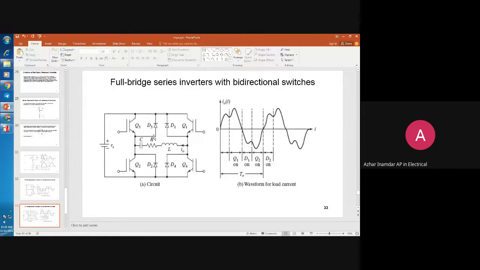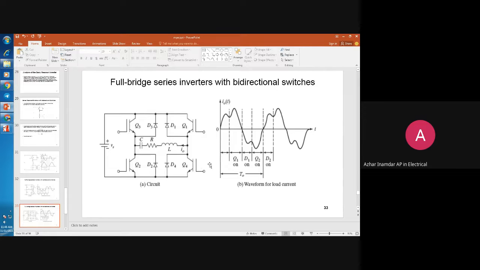This inverter can be operated in two different modes: the overlapping mode and the non-overlapping mode. In the non-overlapping mode, the turning on of the transistor device is delayed, postponed until the last current oscillation through a diode has been completed. In the overlapping mode, a device is turned on while the current in the diode of the other part is still conducting. You can see this in figure B.